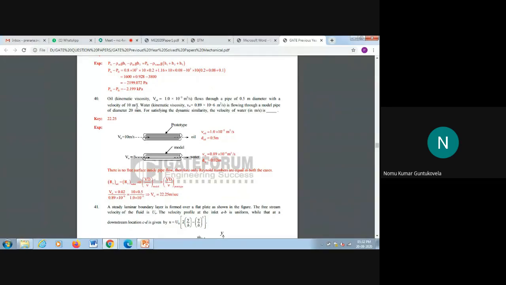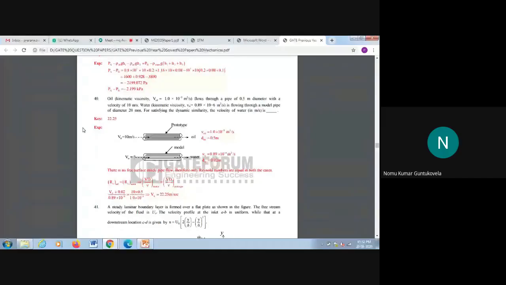At the same time, water is flowing through a model pipe of diameter 20 mm. In the same way, we have the model also. That means we have the prototype, and we are considering this as a model. So we have two pipes, the prototype pipe and the model pipe. The prototype pipe is for oil, and the model pipe is for water. Here, for satisfying dynamic similarity, the velocity of water is